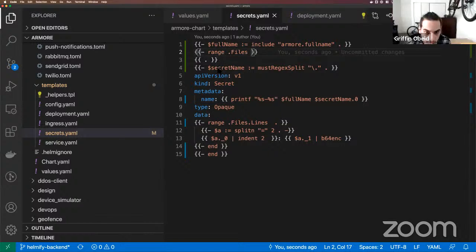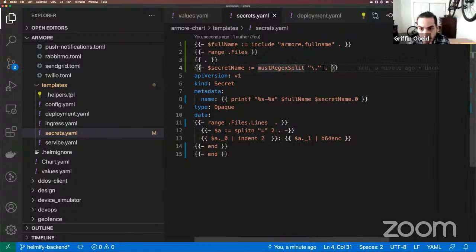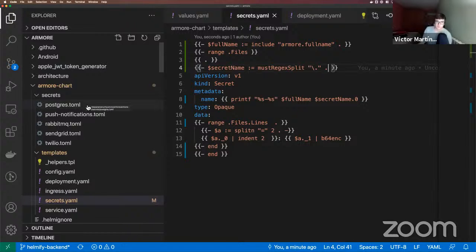I'm pretty sure what they're doing here is dumping the contents as a string and using the file name as the key. So that dot should just be the file name. And then I wanted to split on it to remove the .toml, which I guess we could just not have .toml on the files, but